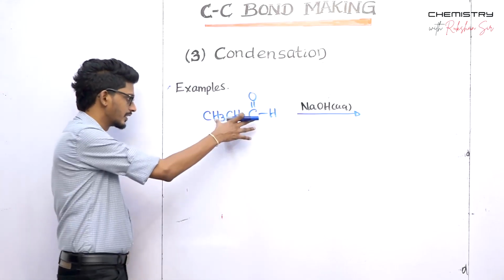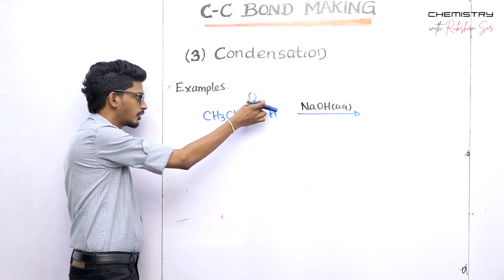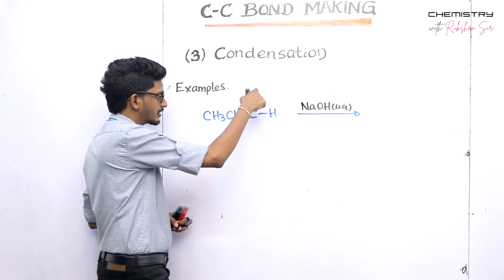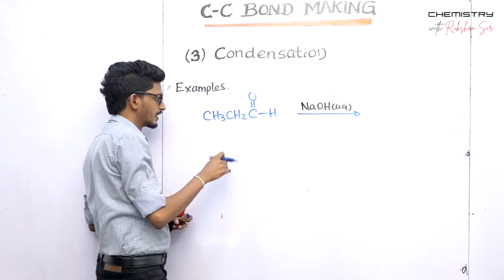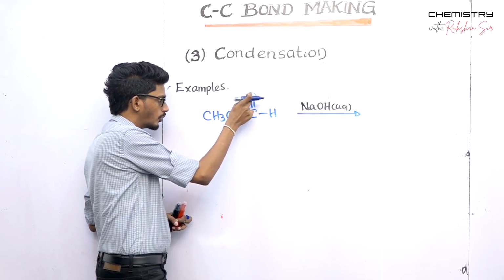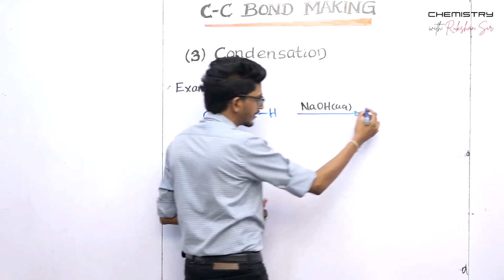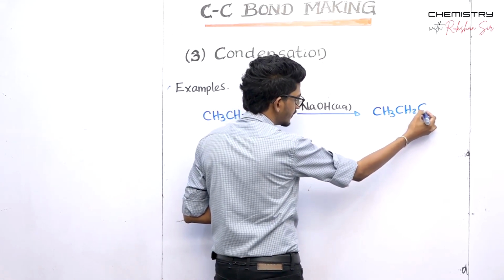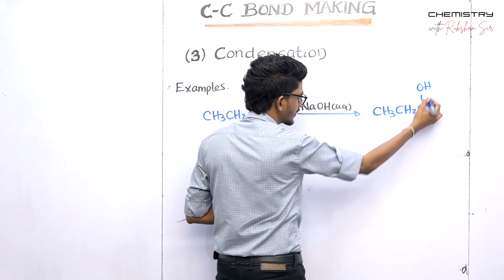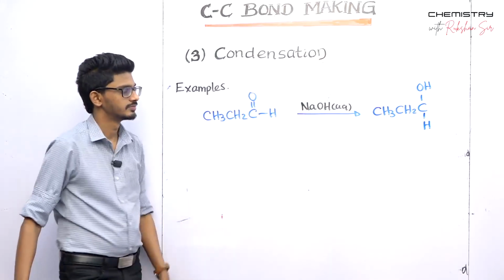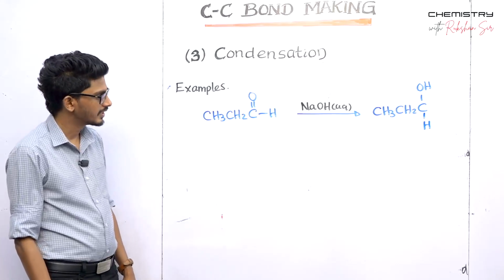First of all, write the compound without the pi bond here. Without the pi bond, just write the compound and put an H on the oxygen, converting this into OH. So CH3 CH2 C OH, and the hydrogen, this hydrogen, right? Okay. Then